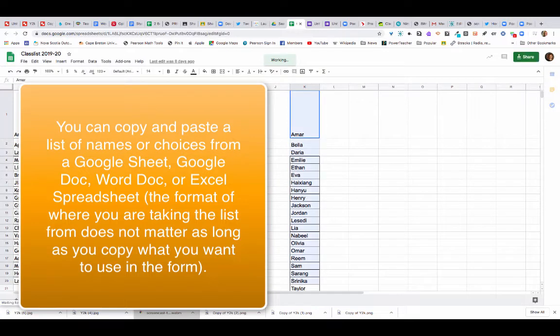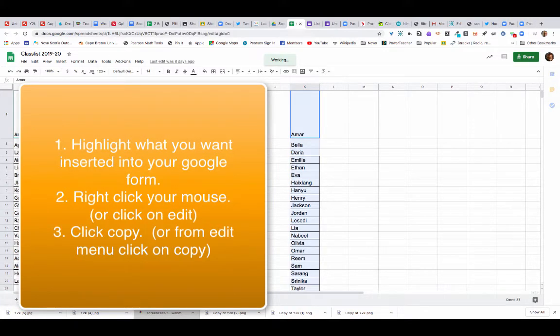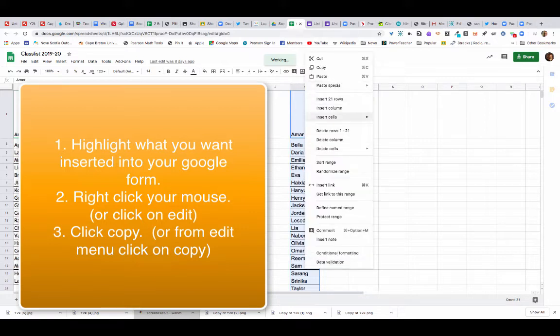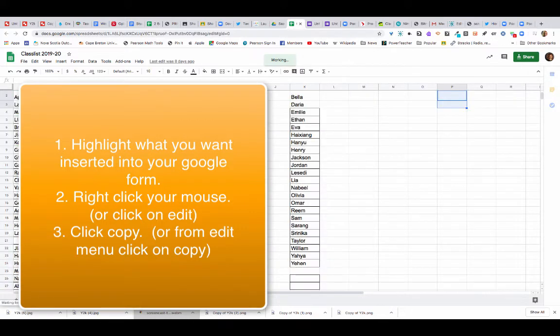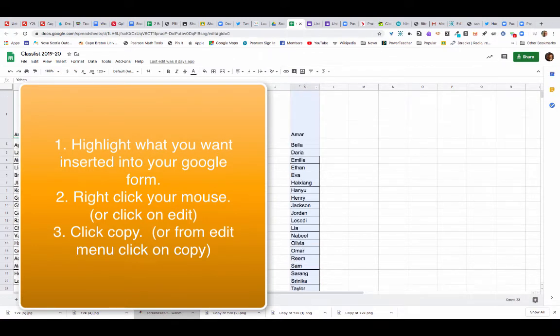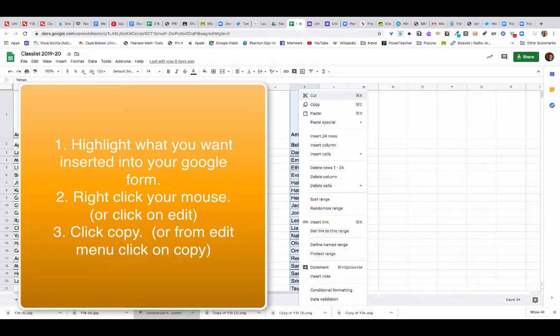So I can copy all of these names and right click. I don't think I have everyone. There we go. Start at the bottom and go up so I get everybody. Okay, right click, so I'm going to copy,